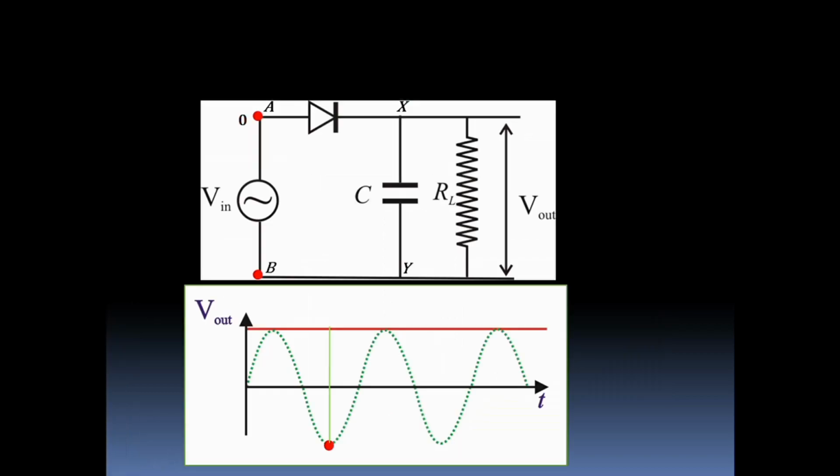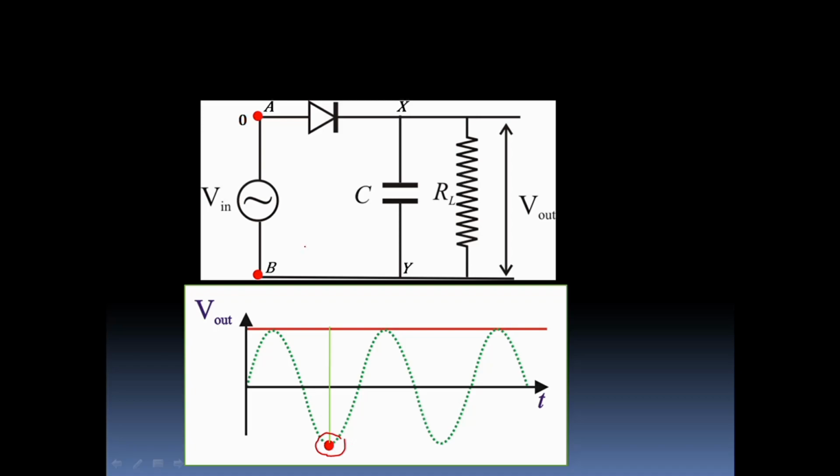Now look at this circuit. This is the exact circuit we used in the half wave rectification. Now this green dotted line is the input voltage variation, and here we will make an assumption that the output voltage does not vary. The ripple voltage is 0 and therefore the output voltage is steady at this value shown in the red line. Now we want to talk about this particular moment where the input voltage is at the peak during the second half cycle.